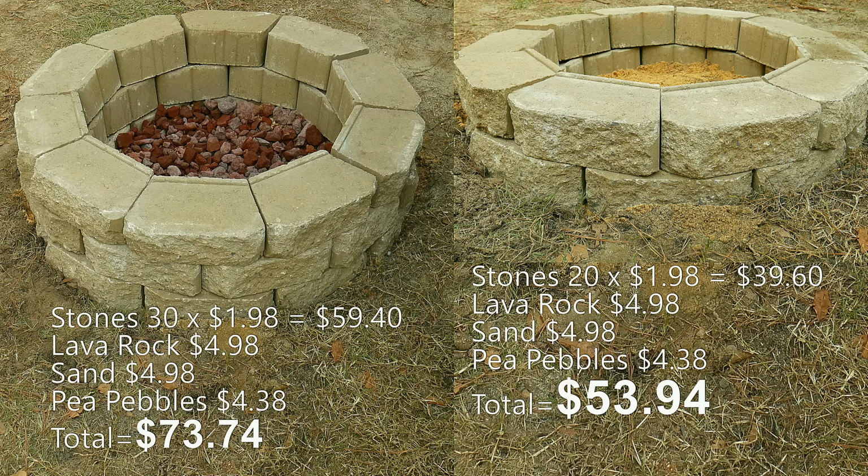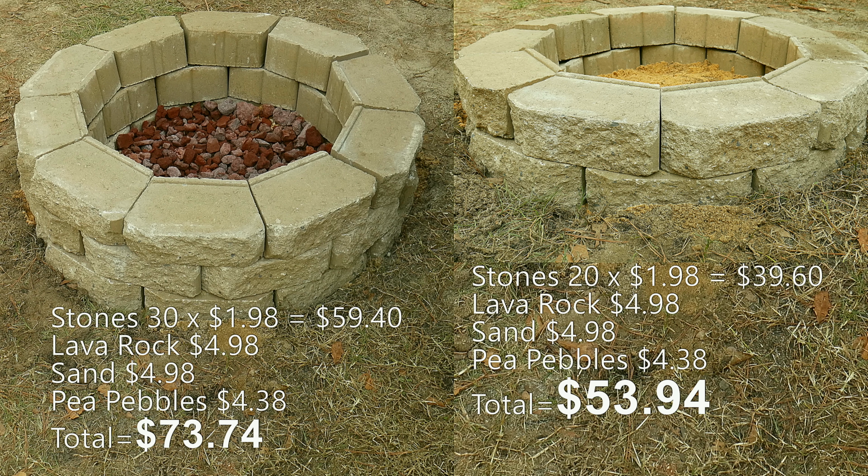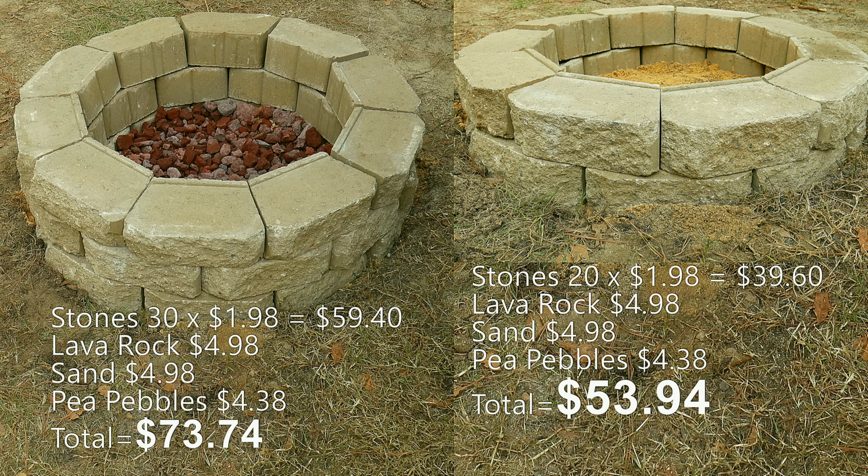If doing the 3-tier fire pit, you're going to need 30 stones. These are retaining wall stones that go for $1.98 each. Sometimes you see them on special for $1.89, $1.72, and they have different colors from gray, tan, or red. The lava rock, the bag for $4.98, a bag of sand for $4.98, a bag of pebbles, $4.38, having a grand total of